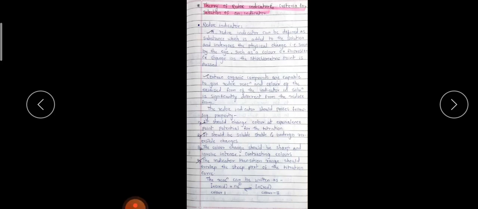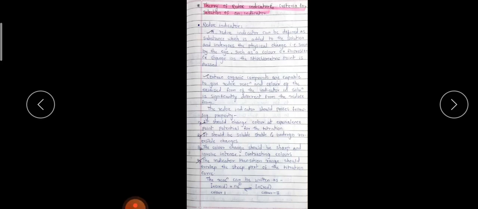And what is the peculiarity of this indicator? They have a different color in different forms. In the oxidized form they have one color, and in the reduced form they have a different color. That you have to remember very well. It is a very simple lesson. You have to practice the two derivations we have seen, the calculation of the potential at different volumes of the titrant for the one electron system and the multi electron system. Practice it, and based on this, one theoretical question will be there: what are the redox indicators?